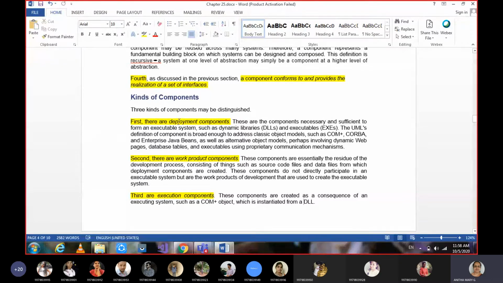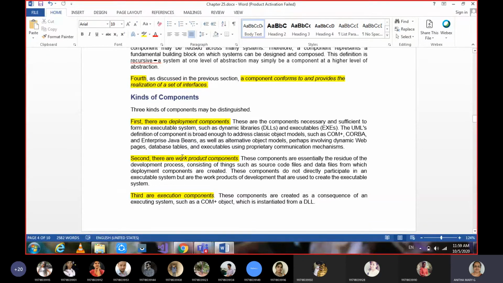Directly, deployment cannot be done. Based on some source and its stages, it finally goes for deployment. So when components have some source code or data files, the basic initial ones to create code before going for deployment, we call them work product components.